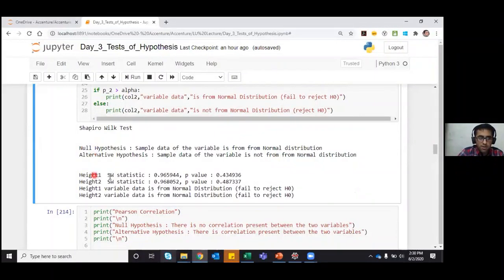So again, I have null hypothesis, my alternative hypothesis. I have the SW statistics for height 1 and height 2, which are my two variables. These are my statistics and these are my p values.